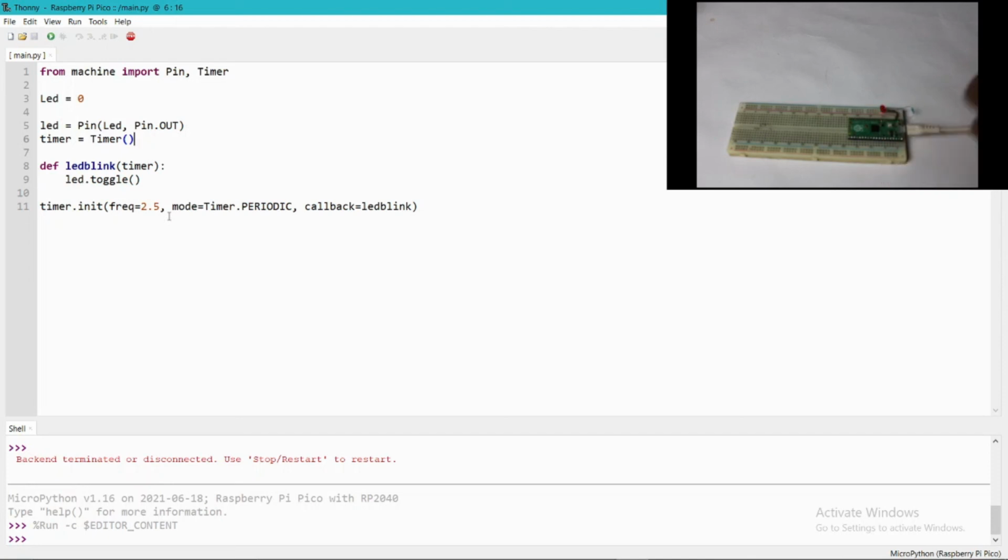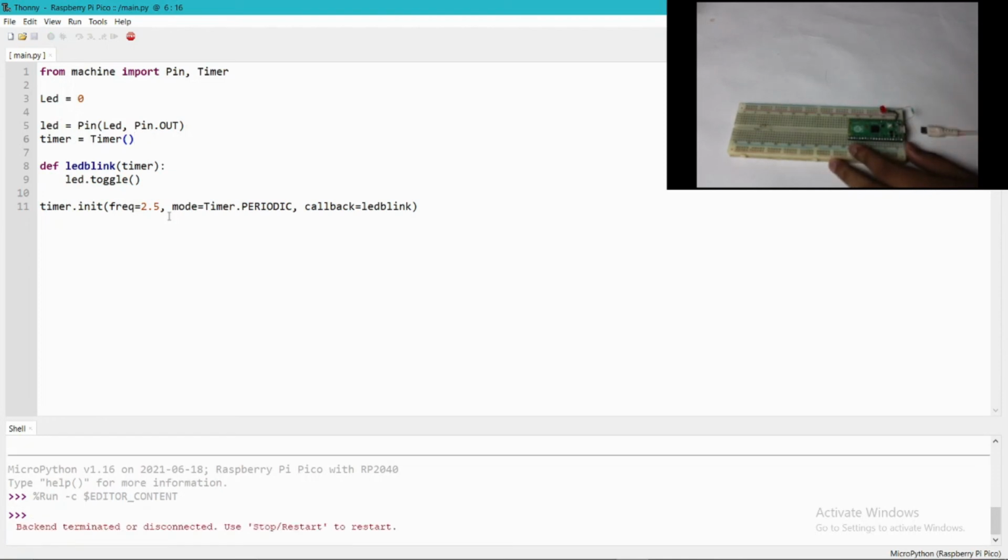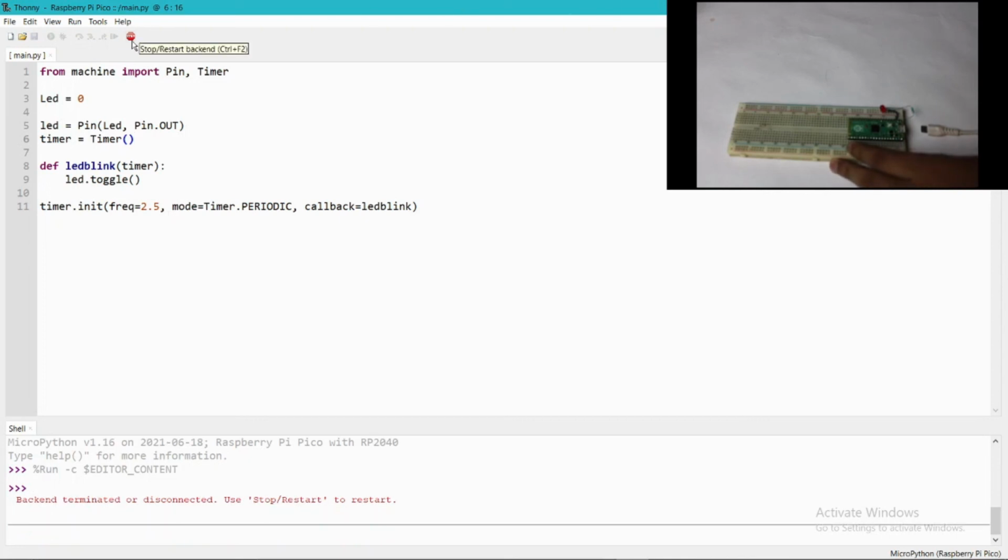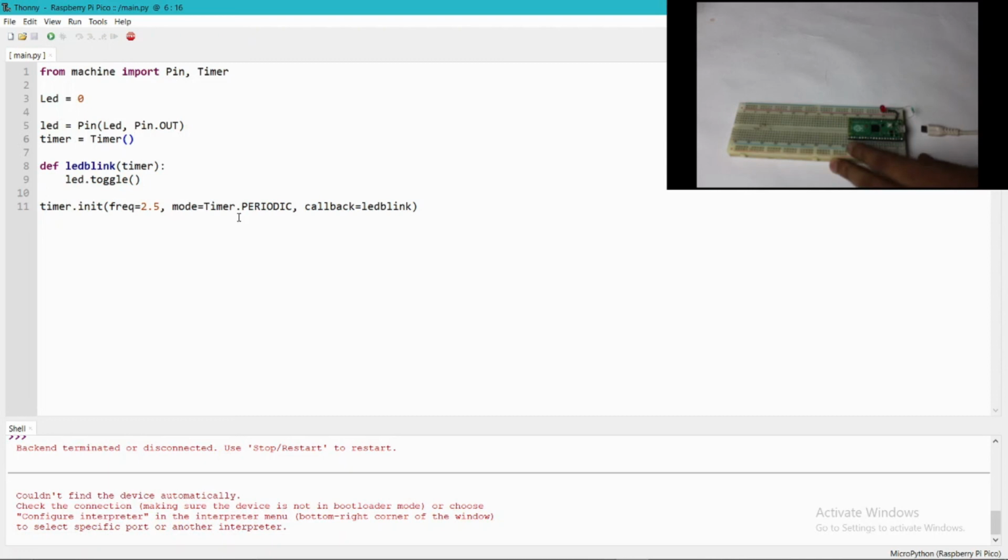If I remove the USB from the Pico, and then close this software, or stop here, then I can connect the Pico again, and it will run your main.py from startup. Okay, so this is the basic LED blinking program of the Raspberry Pi Pico.